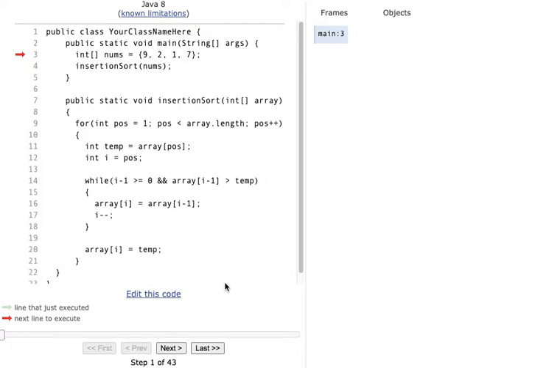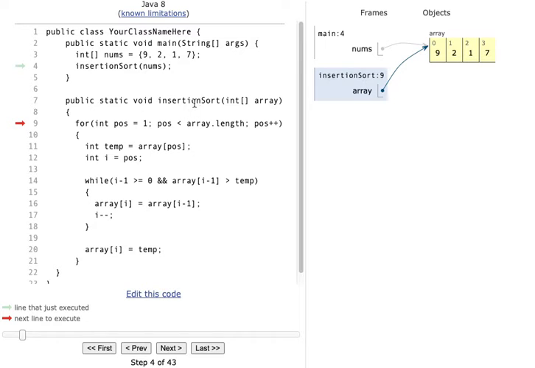Alright, so we're going to look at how the insertion sort code works on an array. So I've got the array nums here, which has the values 9, 2, 1, and 7. I'm going to call my insertion sort method with that parameter. Inside the insertion sort method, I called my formal parameter array, so array and nums refer to the same